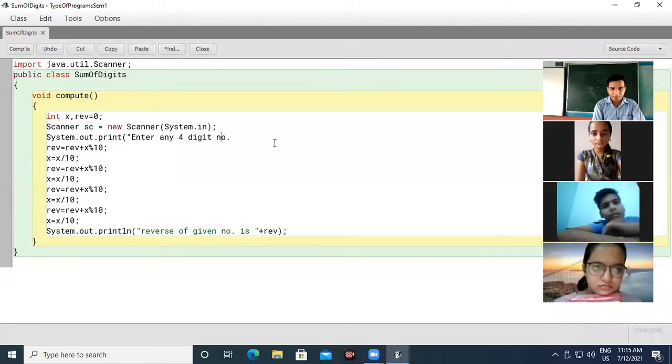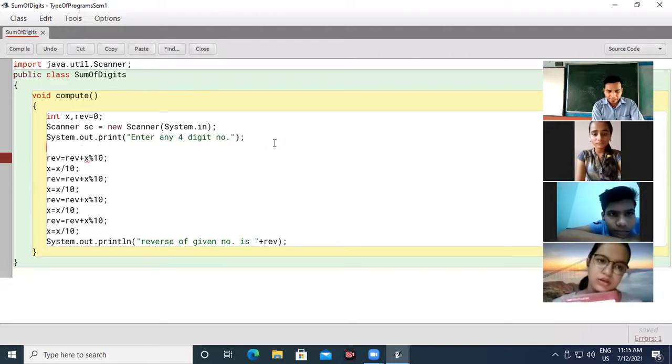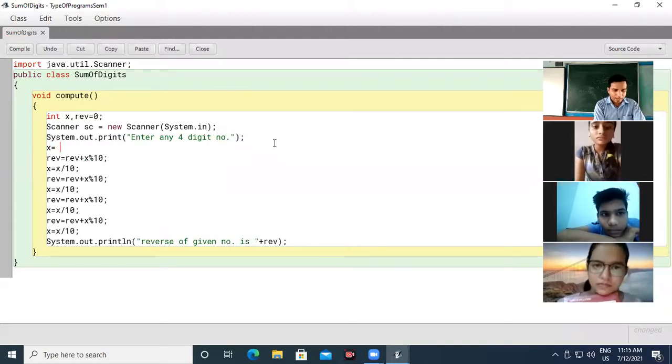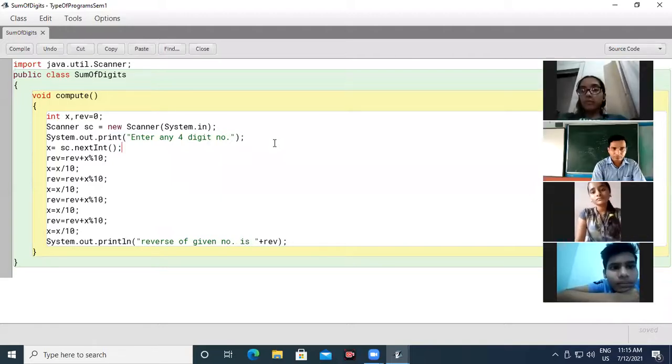Okay. After that, I have to take that input in variable x, that is x equal to sc.nextInt. I have to convert that into integer. Okay, done. Yes, Rajnandini.